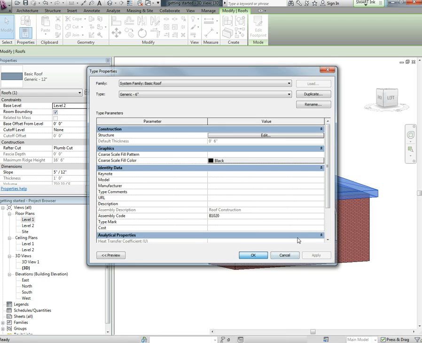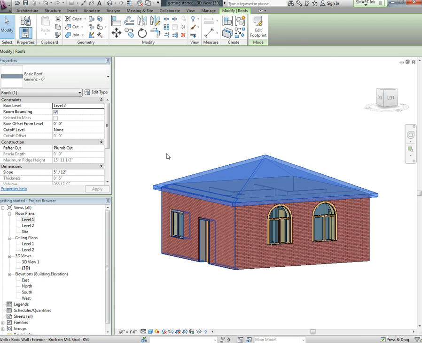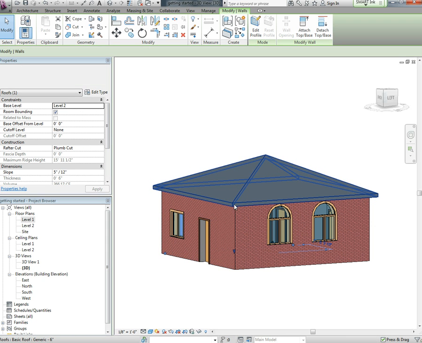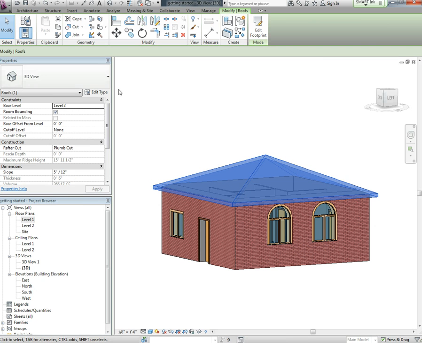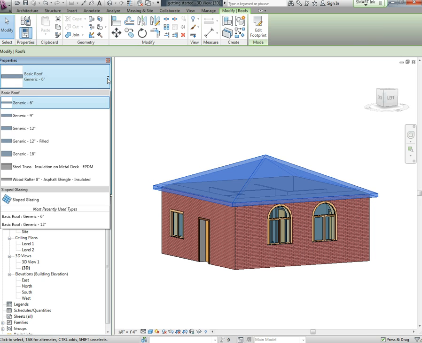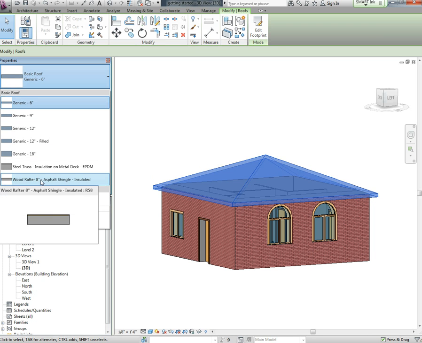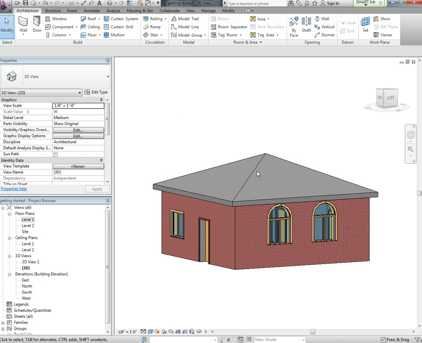So now if I hit OK, you can see the roof has dropped. So now it's not 12 inches thick. And then you can also go in and add shingles if you want. If I click on it, I can just add one of these specific wood rafter asphalt options right here, 8 inches. So I can just add that one. And now it has asphalt shingles on there. If I zoom in,